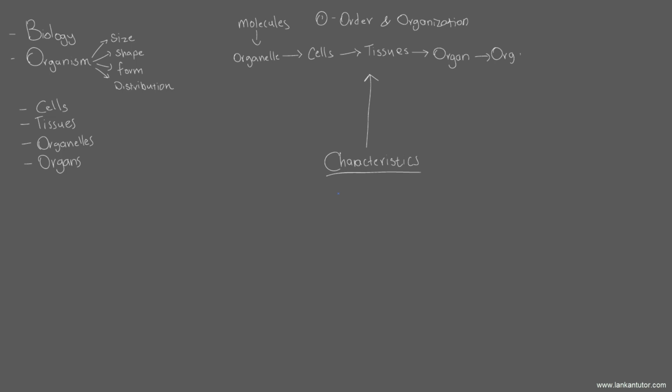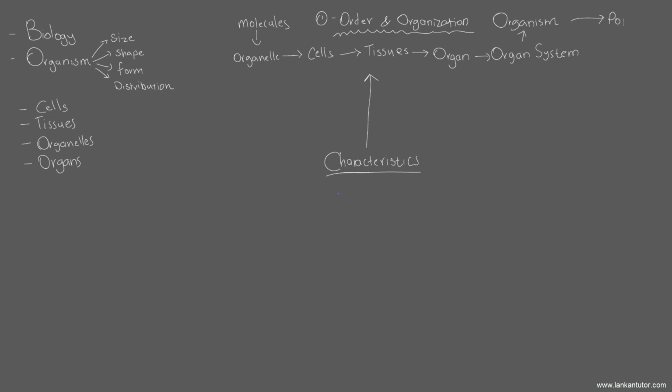These systems join together to create organisms. An organism is basically, well, you're an organism and I'm an organism. Just to be clear, what we're talking about throughout this whole process is for multicellular organisms. So just try and memorize this in terms of a human. It would be easier for you, because as soon as you go into, well, acellular organisms, it would be a completely other story. The hierarchy would be different. But the thing is, we're studying the features of life. So as long as they have an order and organization, it doesn't necessarily need to be this specific order, but it just needs to have an order.